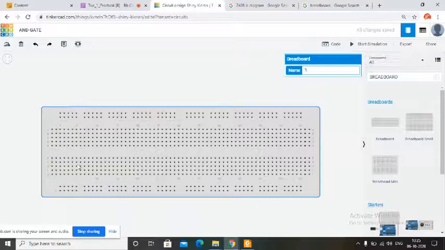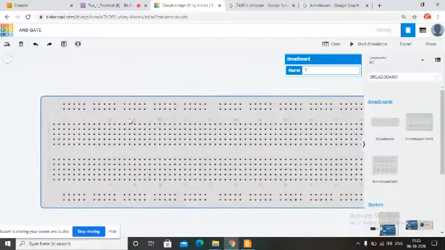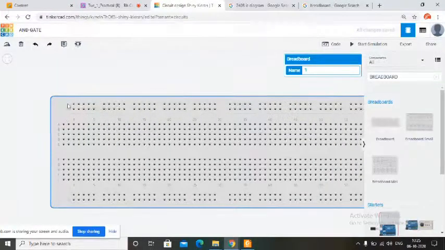Now the middle two columns are left, right? If you zoom in, you can see that there are alphabets written there. I have zoomed it again. So in the upper two lines, negative and positive are visible, and in the bottom two lines again negative and positive are visible, and in between of the board, there are alphabets mentioned as A, B, C, D, up till E, right?